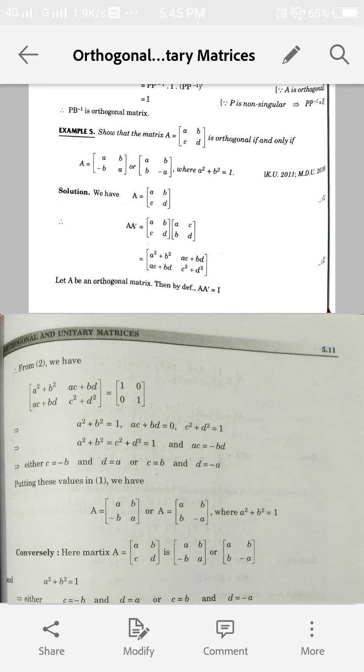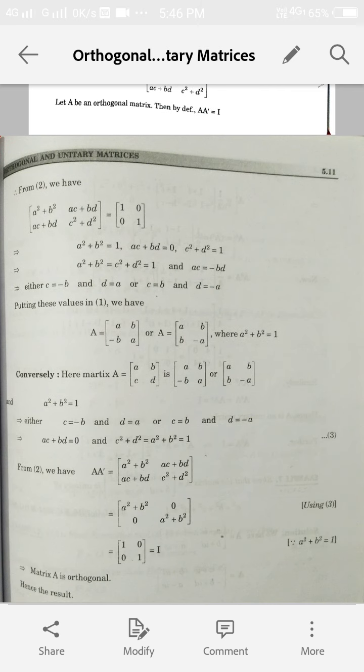So look here. Here A is a square matrix whose first row elements are a b and second row elements are c d. Now we find A transpose and then multiply A by A transpose. So we are with equation 2. Now A is an orthogonal matrix. Let us consider it. Then by definition we can write A into A transpose is the identity matrix. So in equation 2 we have found the value of A into A transpose, and here we are saying that A into A transpose is identity. So these two matrices are equal.